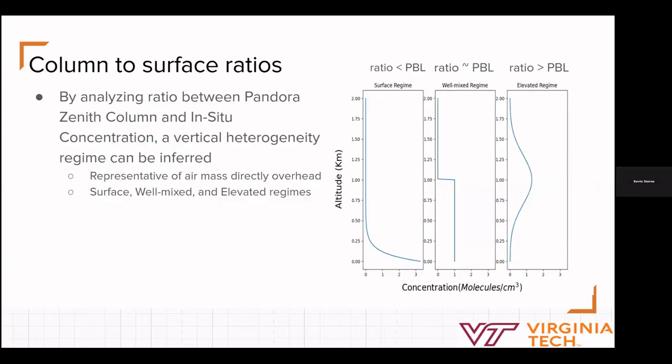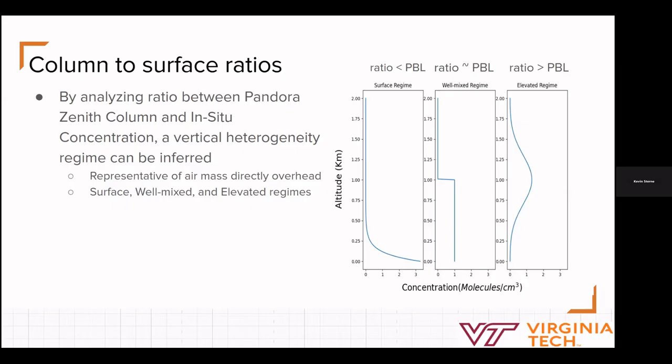And so in order to quantify how this relationship occurs between these Pandora zenith columns and these in situ surface concentrations, you can look at the column to surface ratio, which represents an estimated height of a well-mixed trace gas column, with a concentration throughout this column matching that which was measured at the surface. While this isn't necessarily an accurate estimation of the distribution of this trace gas, we can make comparisons between this